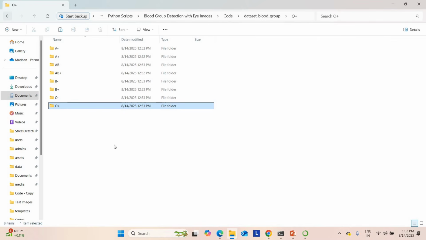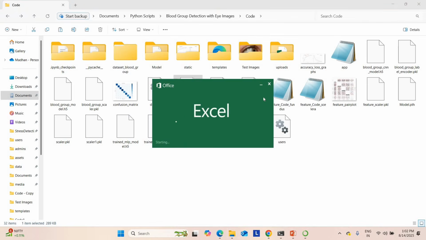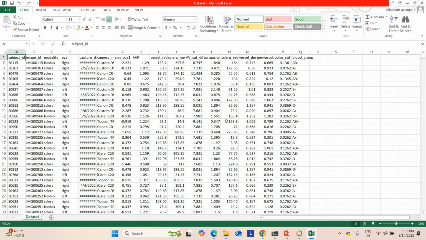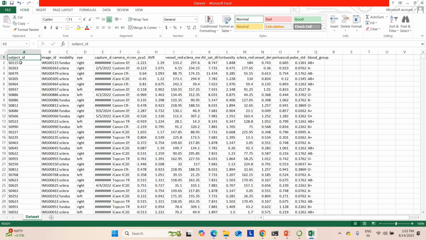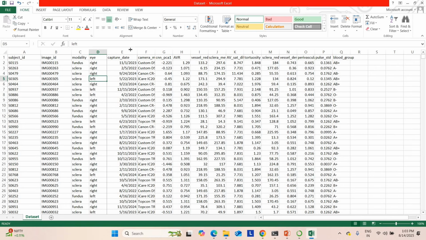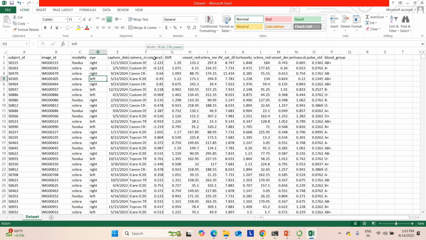Then we did feature extraction. With the help of feature extraction, we made the finalized data set here. We performed feature extraction and combined everything to form this data set. You can see the subject ID, then the specialized image ID, then whether it's a fundus image or a Sclera image. We have also mentioned whether it is a right eye image or a left eye image. Then the captured date, and what type of camera was used to capture the